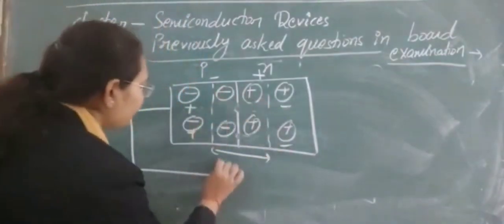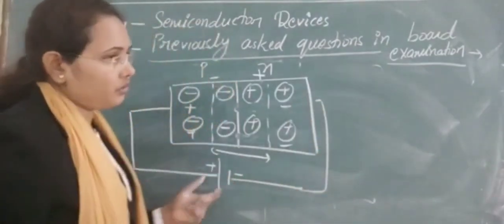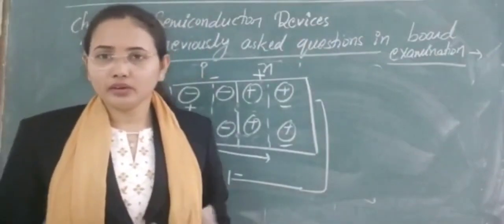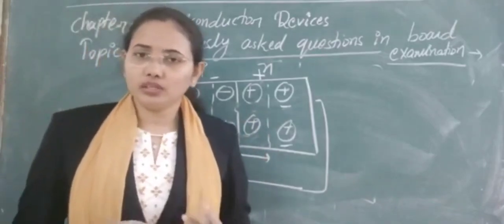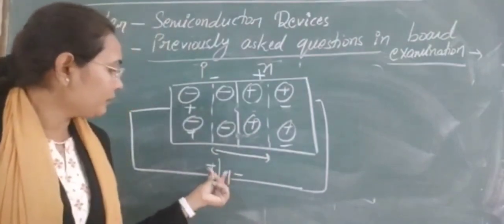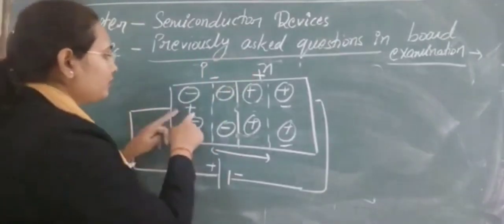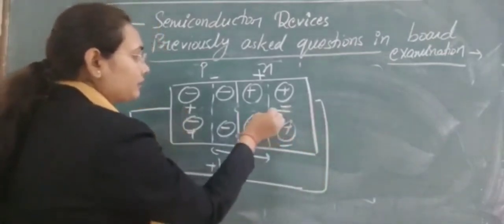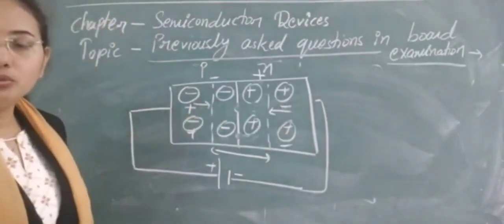Simple, let's talk first about forward biasing. We have talked about a number of methods, and you can use whichever one you are comfortable with to understand forward or reverse biasing. I will take a very simple method here, only to remind you. In the case of forward biasing, when we connect the positive and negative terminals of the battery in this way, the positive terminal will start to repel these holes, and the negative terminal will start to repel these electrons. Due to repulsion, the electrons start to move towards the junction.